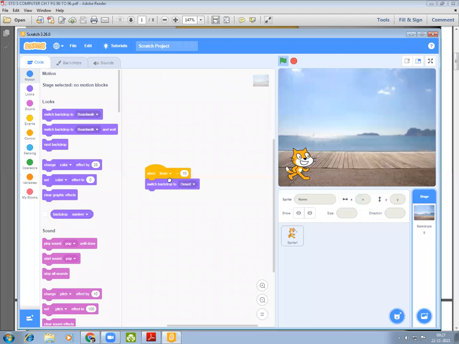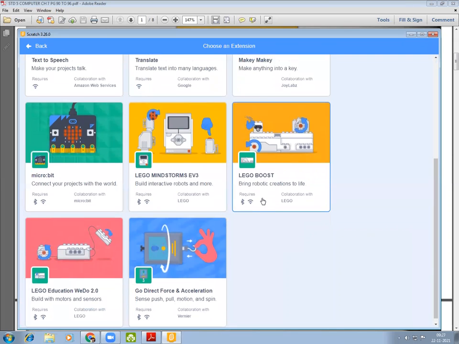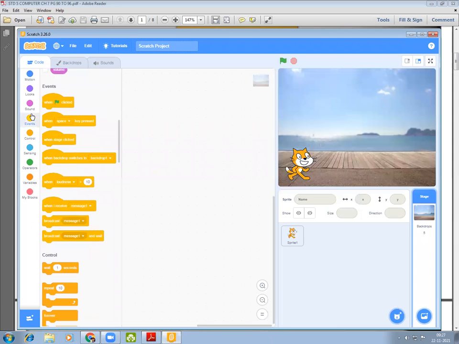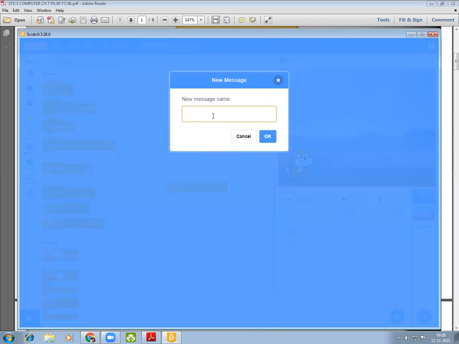So where is broadcast message given? Here, broadcast message 1, broadcast message 1 and wait. To change the message, we have to click on message 1 and click on new message.